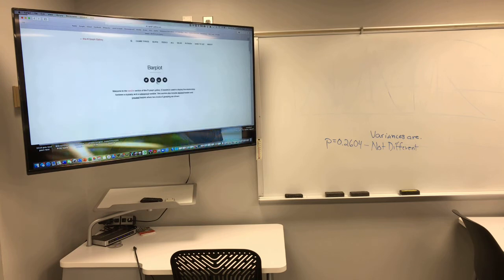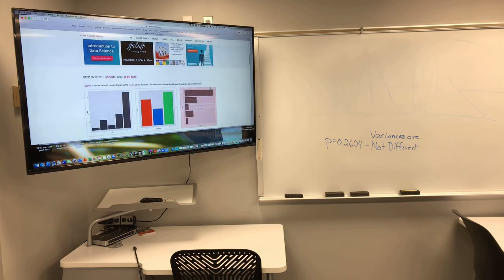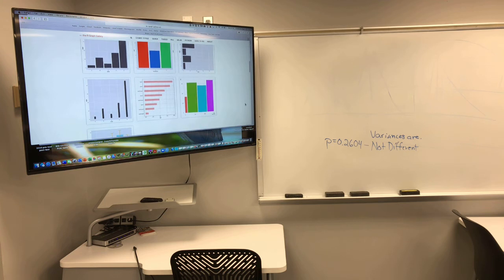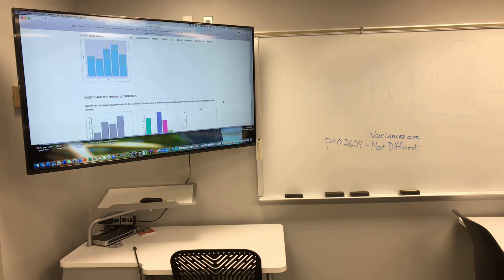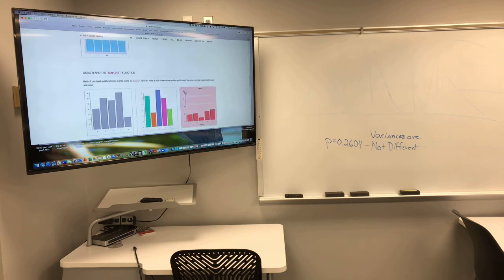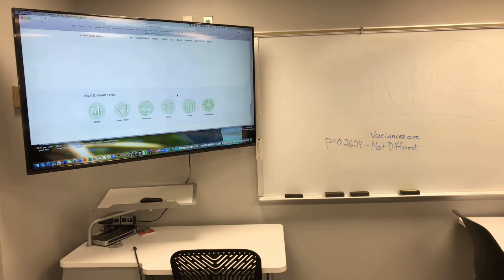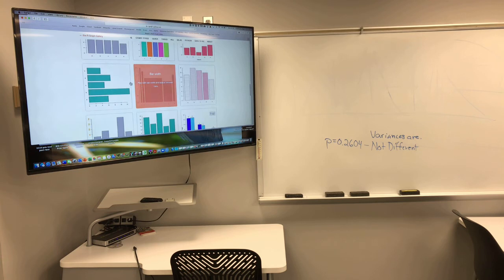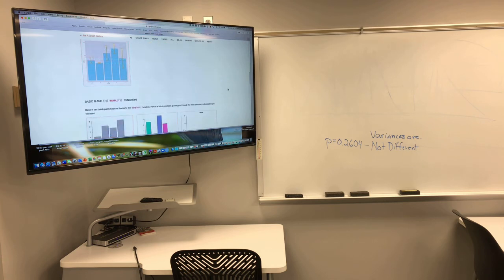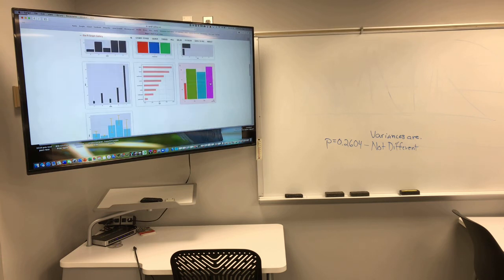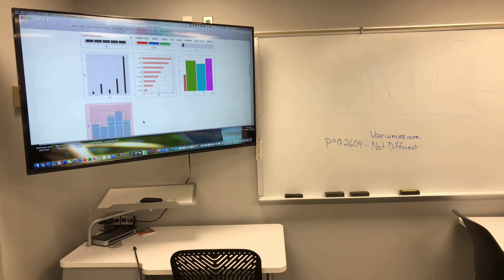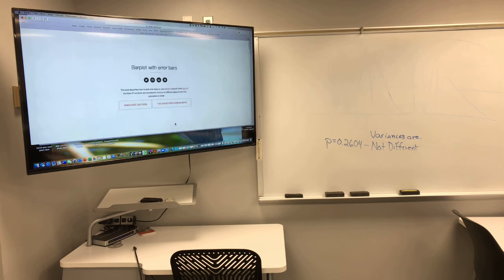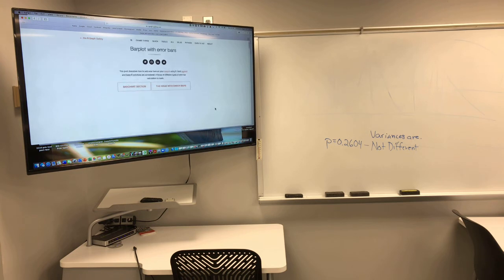So you can click on that, and what it does is it gives you a bunch of different kinds of bar plots, and it gives you the basic R functions, but then it also gives you ggplot ways of going about doing it. So what you can basically do is if you want to click on in ggplot, you want a bar plot with error bars, you can click on that, and